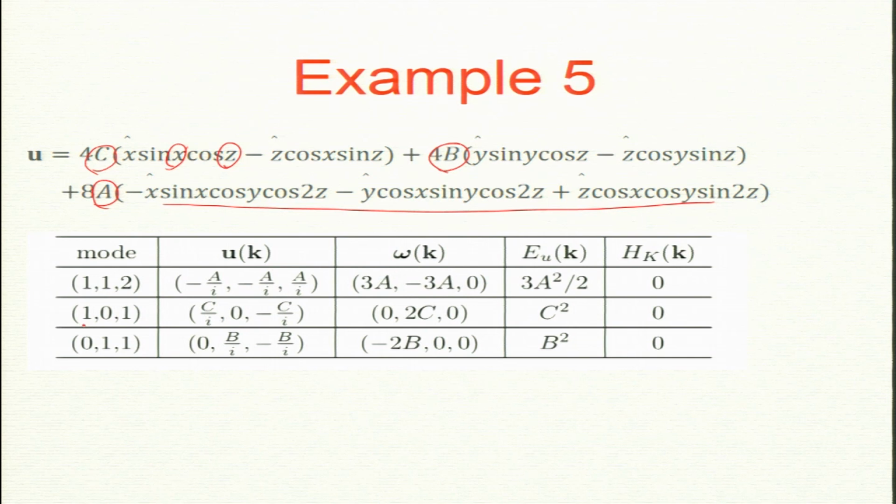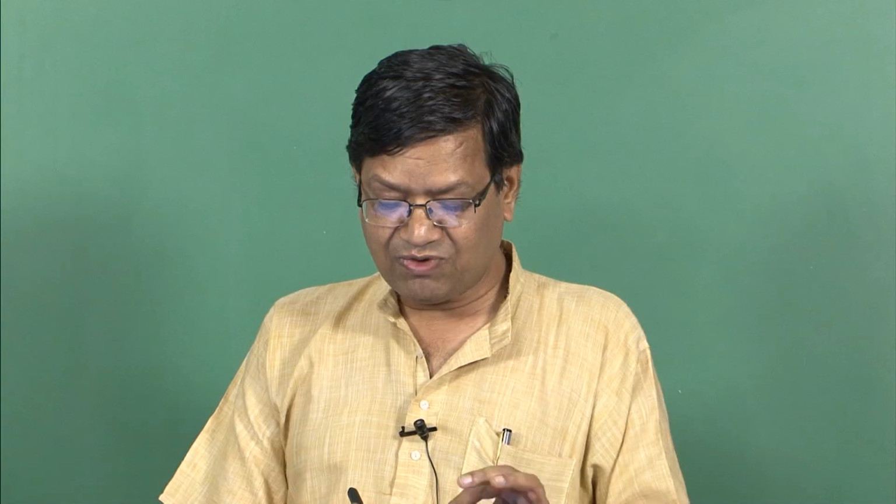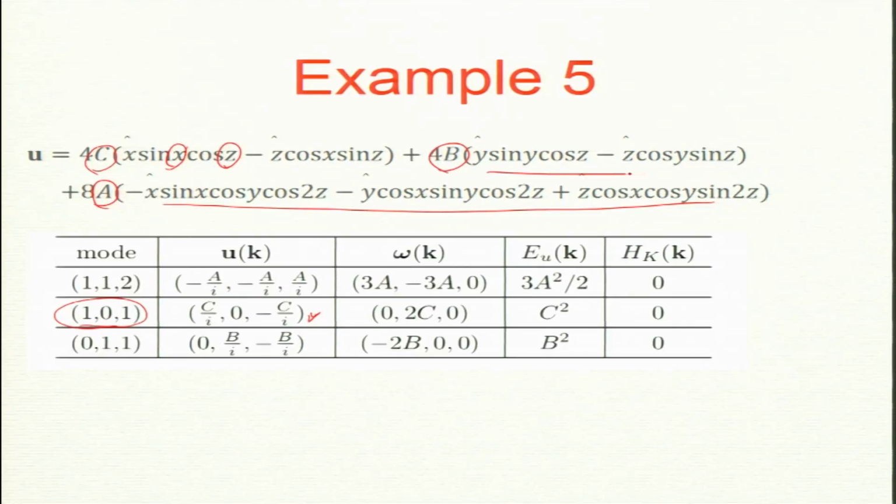So, this is 1 0 1, and its amplitudes are u of k. Well, I have more of them, minus 1 0 minus 1 and so on, but I am looking at only one Fourier mode, which is 1 0 1. So, this is this one. What about this